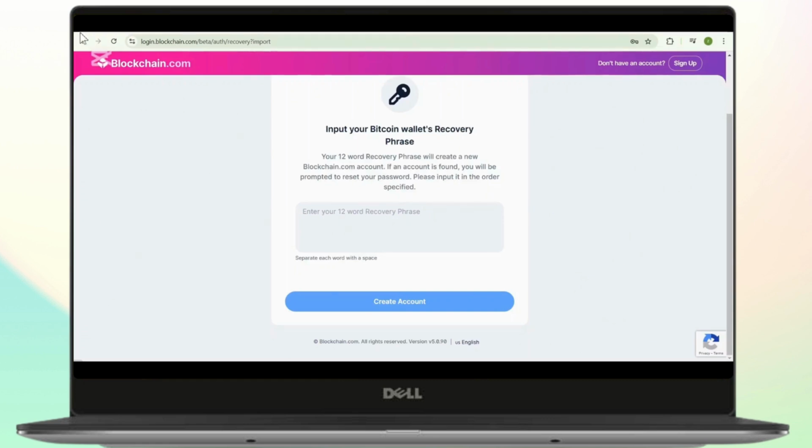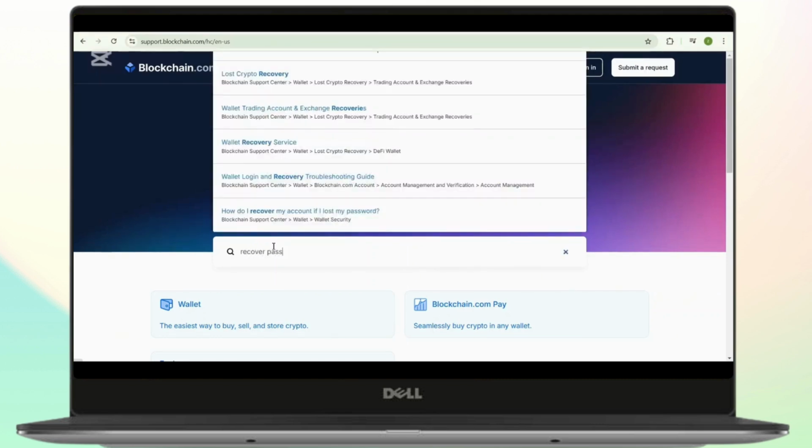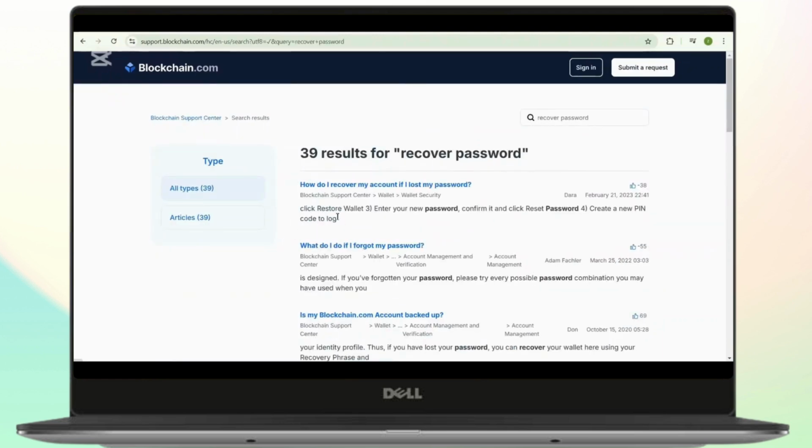And if you don't remember your secret phrase, you can simply go to the blockchain support. And here in the search bar, you can type recovery password to find helpful support articles. And if you still need assistance, you can simply click on submit a request in the top right corner of